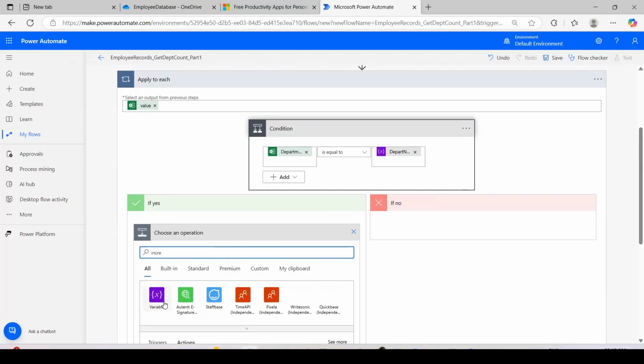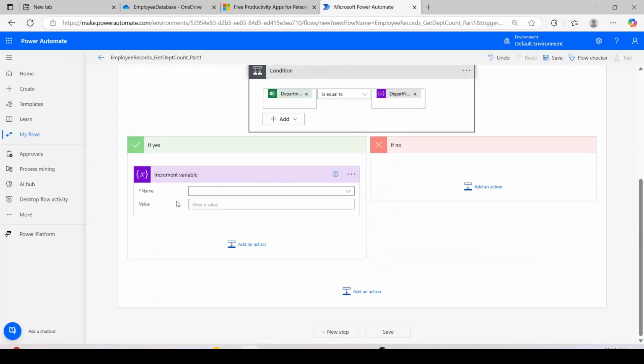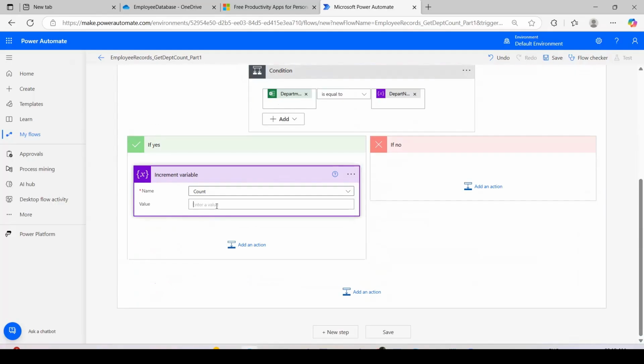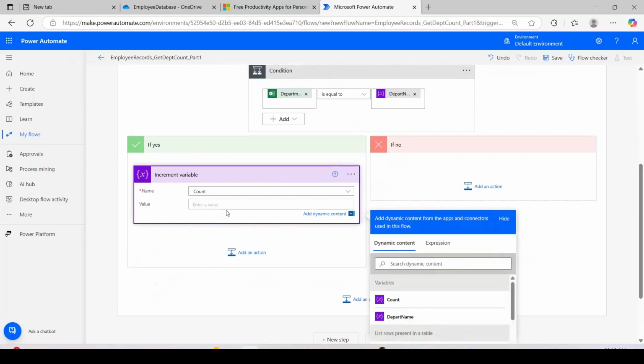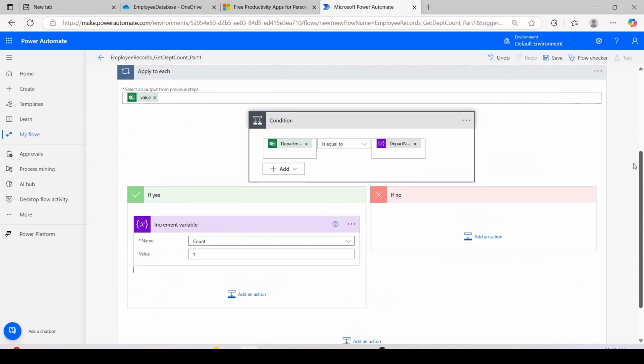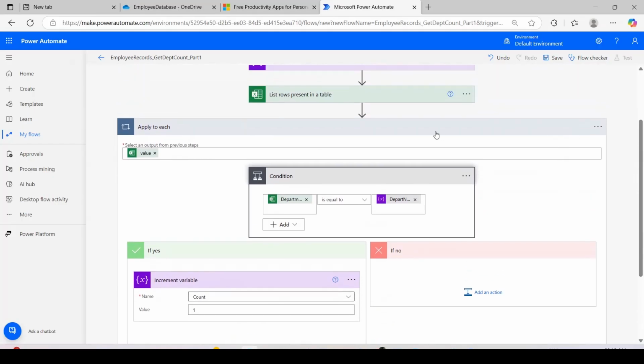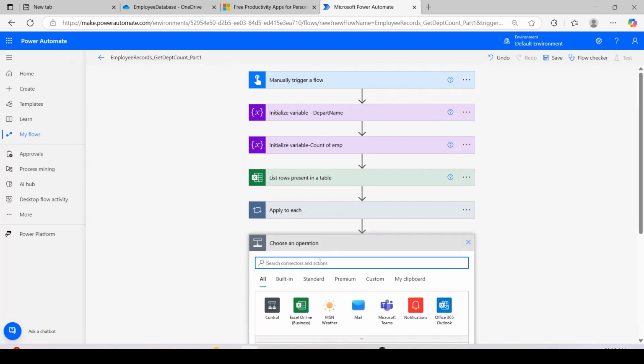Choose your count, and then increment it by 1. So every time the department name is finance, it gets incremented, and then we'll just print the value, which is like compose, we'll use,